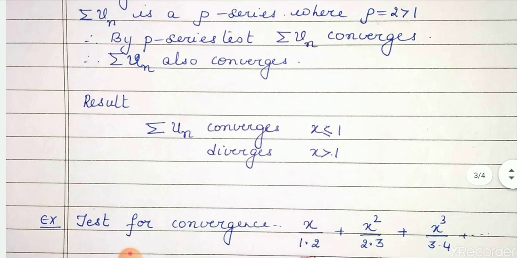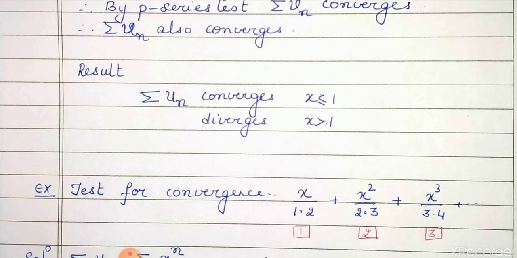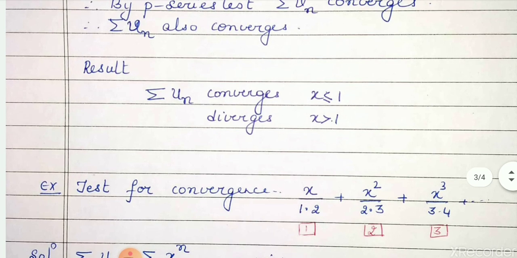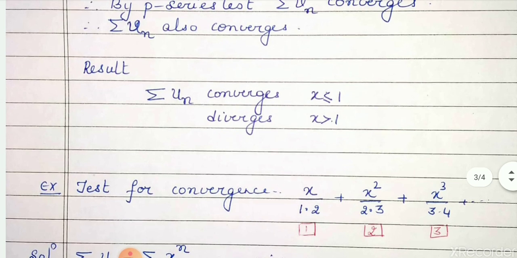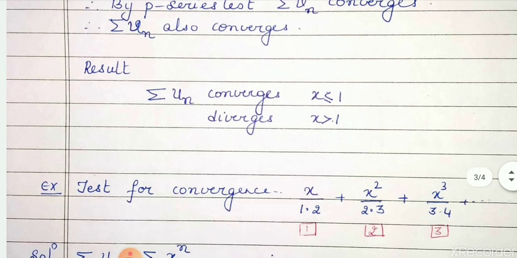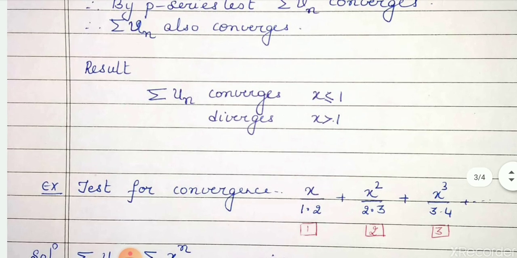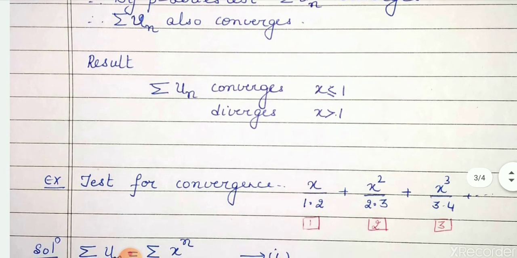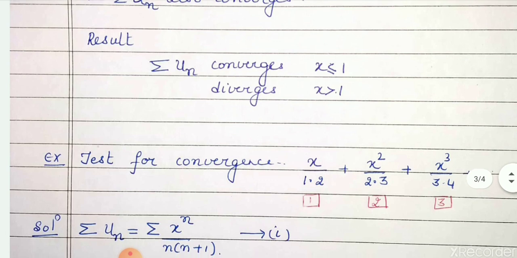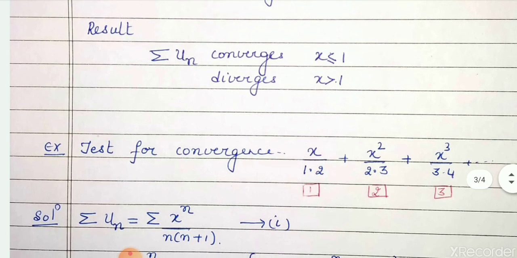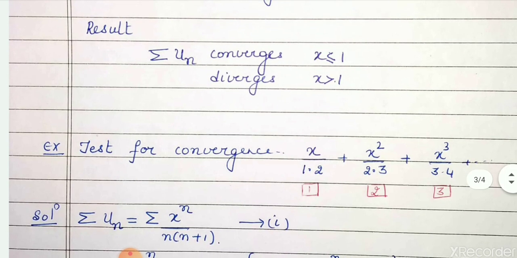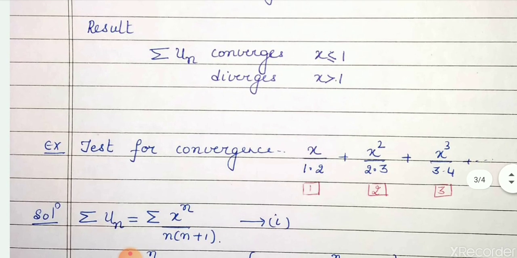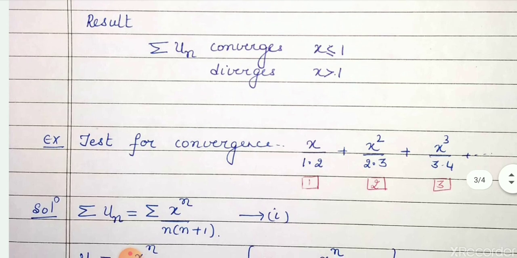Okay, now finally you have to put the result in this form. Sigma un converges for x less than 1. We have already found it by D'Alembert's ratio test. And for x is equal to 1 also, in the ending part we have seen it is converging. So we write sigma un converges for x less than or equal to 1 and diverges for x greater than 1. The result should always be put in this form. There's no need of writing any test here because you have mentioned all the tests in the beginning. So this should be the conclusion part.